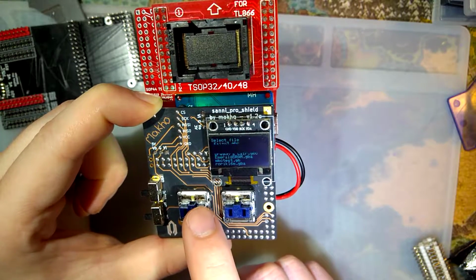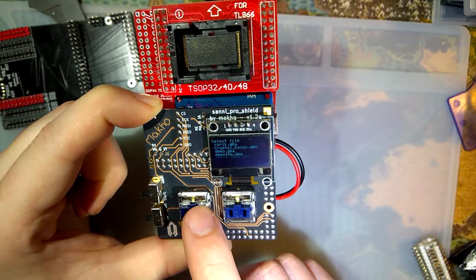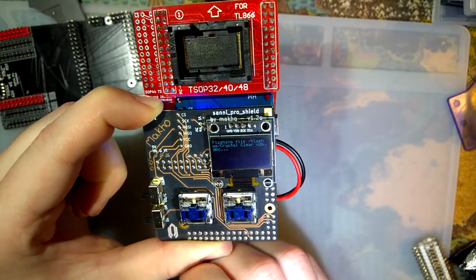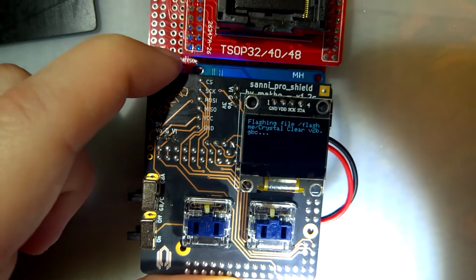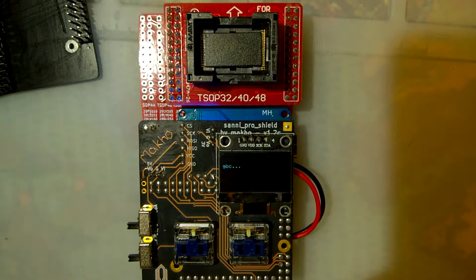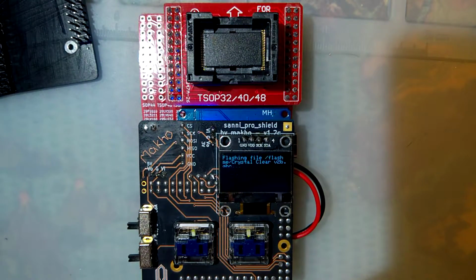I should just flash something small and simple, because that'll be quicker. But of course I'm just going to scroll through everything because I don't know. Okay, I guess we're flashing that. Now bear with me. Hopefully it's not frozen. I need to get another one of these adapters. Just having the one is...